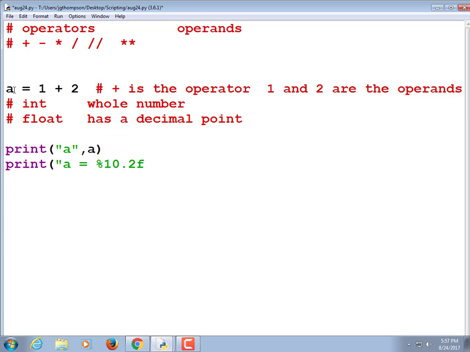In some languages, they are really picky. If you do integer divided by integer, it does something completely different than if you do a float divided by an integer. When you get to C++ and Java, you'll see that in action. So anyways,